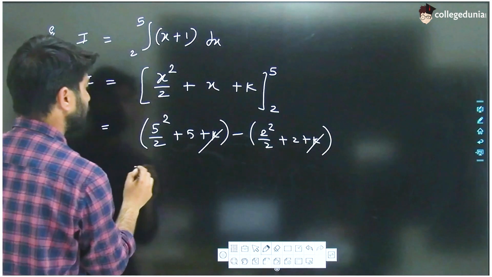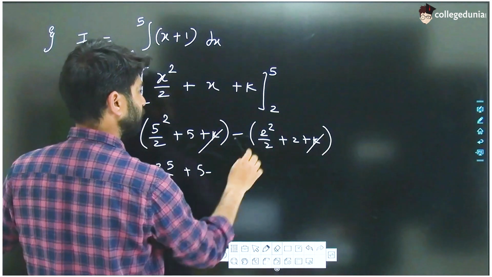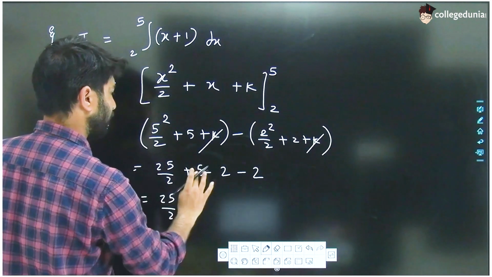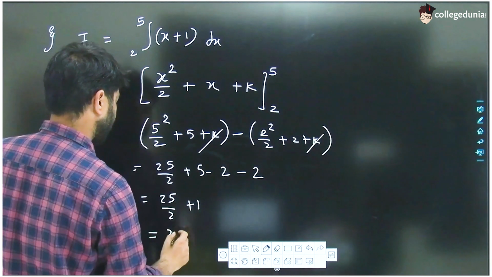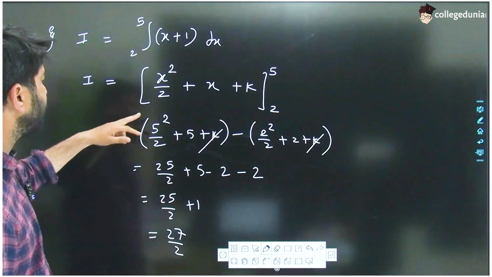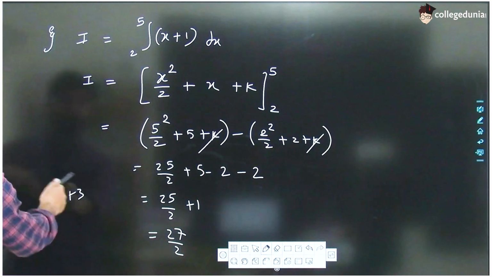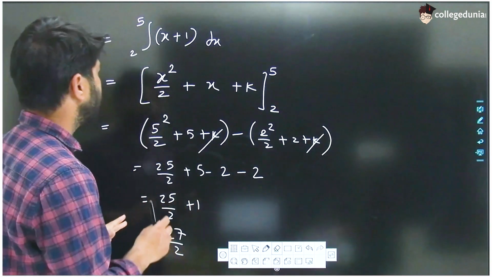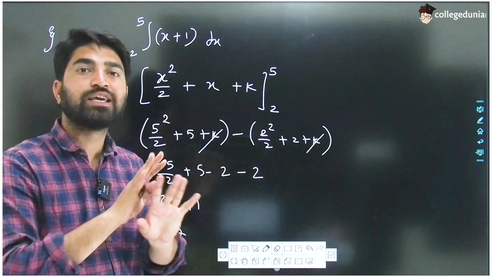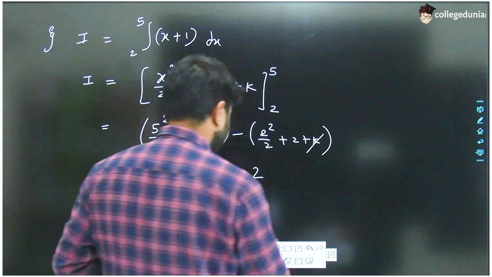सो क्लियरली k से k कैंसिल होगा। 5 स्क्वायर होता है 25 अपॉन 2 प्लस 5 माइनस 4 अपॉन 2 माइनस 4/2 which is 2 minus 2। 25/2, 5 minus 4 1 and 2 plus 25 27 अपॉन 2, और ये हमारे इस क्वेश्चन का आंसर आ जाता है यार। 25/2 माइनस 4, 21/2 एंड 5 माइनस 2, 3, 27/2। गाइस यहाँ पे एक चीज आप देखेंगे, हम जब भी k ऐड करेंगे वो k हमेशा कैंसिल हो जाता है, तो इसलिए आगे के सभी क्वेश्चन में मैं k ऐड नहीं करूंगा। ओके, क्योंकि आपको मालूम है जब हम लिमिट अप्लाई करेंगे तो k कैंसिल हो जाएगा, राइट।